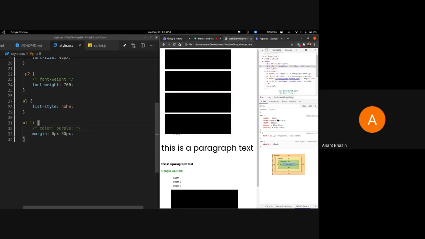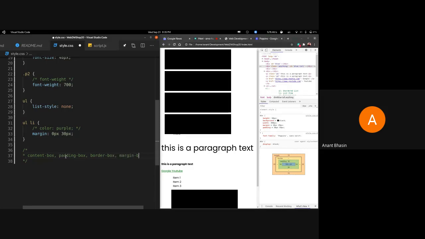Let me explain this a lot better. In the box model, we have something called a content box. Then we have the padding box. Then we have the border box, and then the margin.